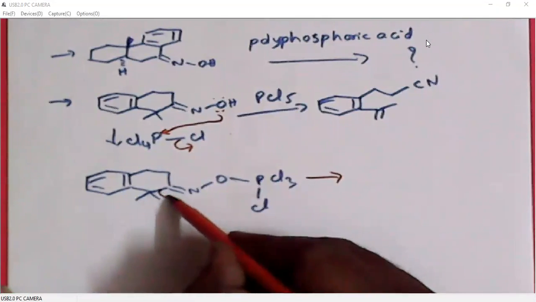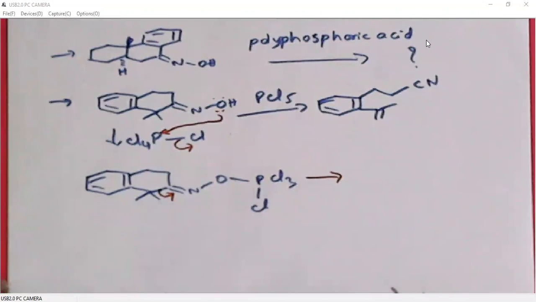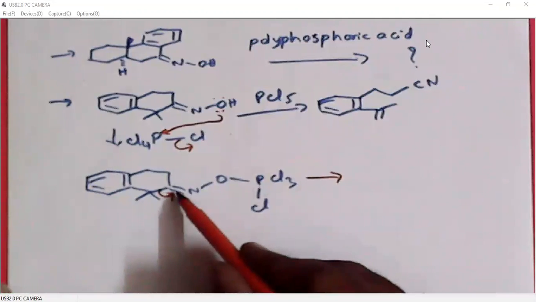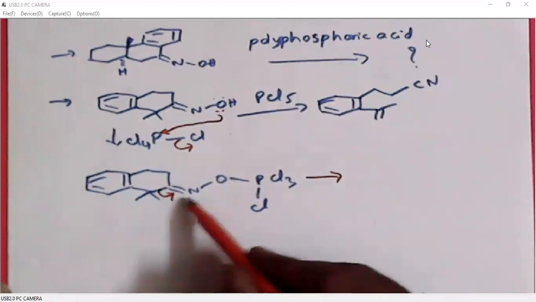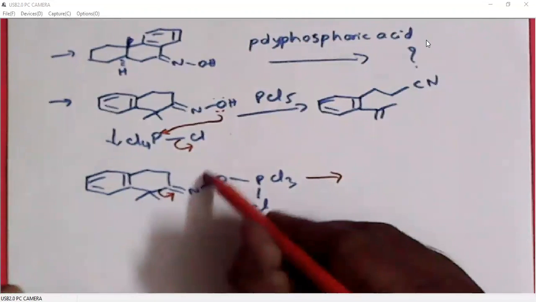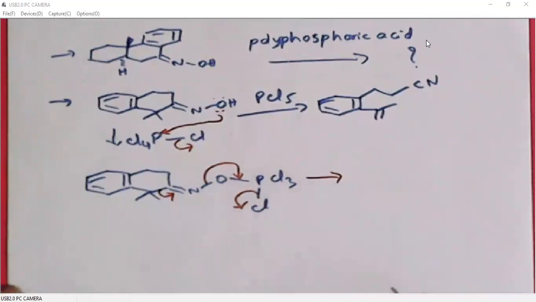So these bonding electrons will be polarized towards nitrogen. So here, instead of alkyl migration, we are breaking this bond. The bonding electrons are polarized towards nitrogen, so we are generating a triple bond, C triple bond N. Then oxygen will be polarizing, so oxygen will be leaving as Cl minus.